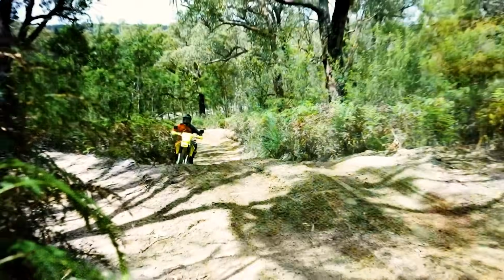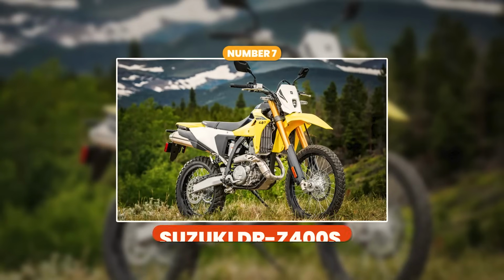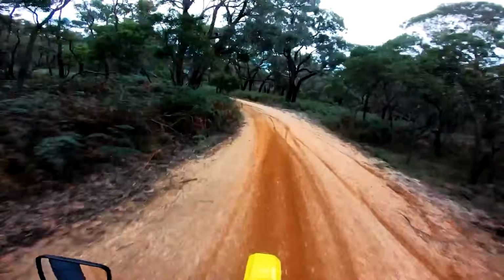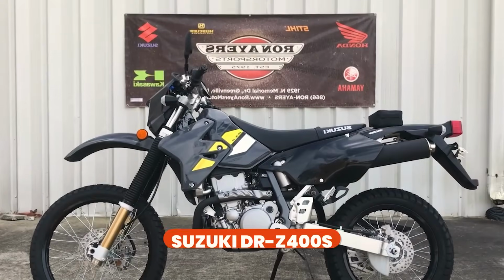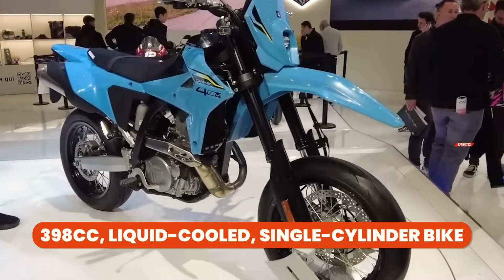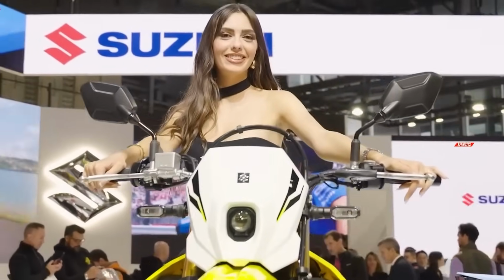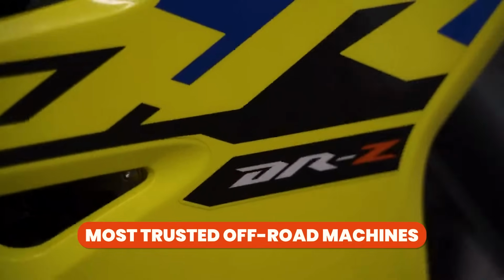Next, let's talk about a Suzuki that has been ruling dirt roads for decades. Number 7. Suzuki DR-Z400S. If you want a rally bike that's affordable, reliable, and unstoppable, the Suzuki DR-Z400S is your best bet. This 398cc liquid-cooled single-cylinder bike is known for being simple, lightweight, and virtually indestructible. It's been around since the early 2000s, and despite minimal updates, it remains one of the most trusted off-road machines